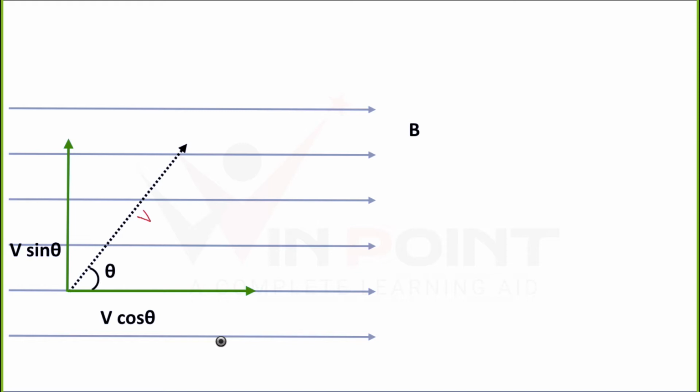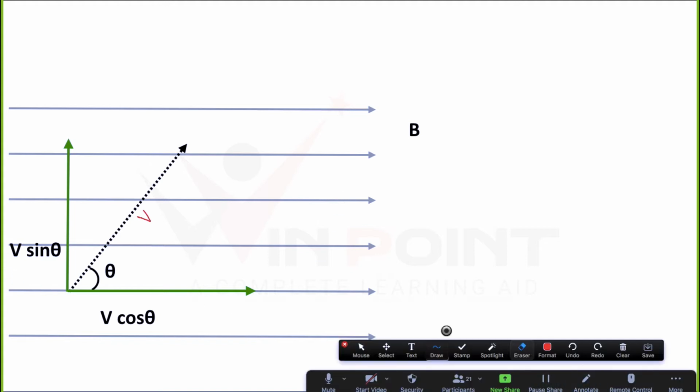We already discussed the effect of that force. The perpendicular velocity: if the magnetic field and velocity are perpendicular, the angle is 90 degree and qvB is the equation. It will produce a circular motion, right, which we have discussed in the previous one. If the magnetic field and velocity are perpendicular, the charge will be rotating. So this v sin theta will produce a circular motion.